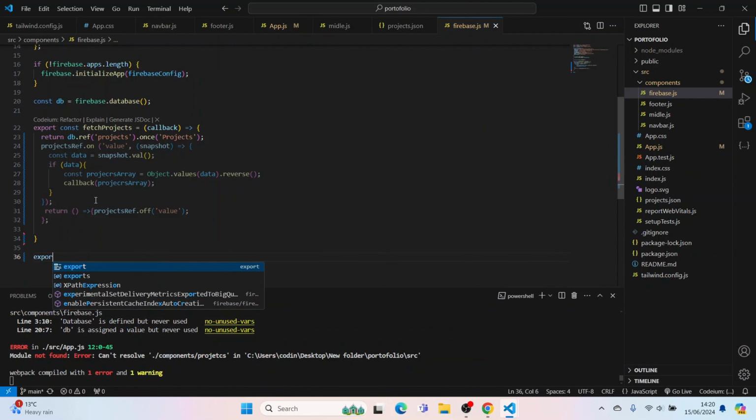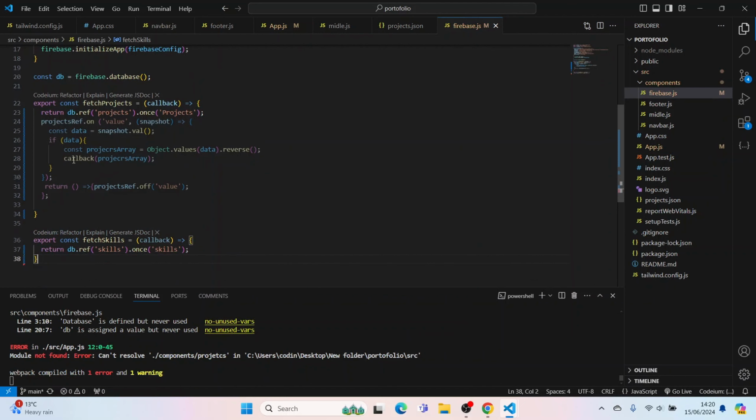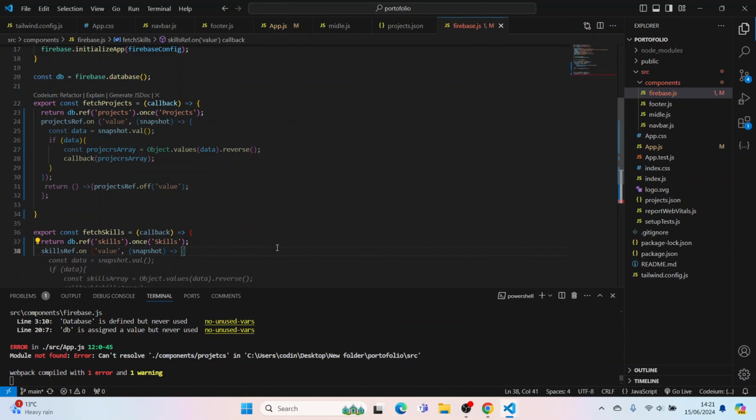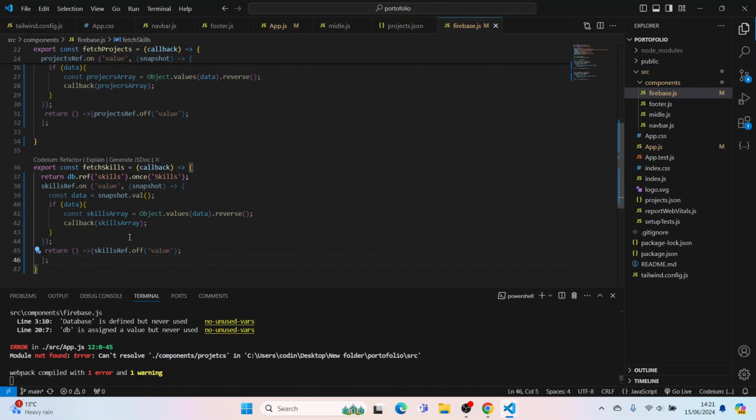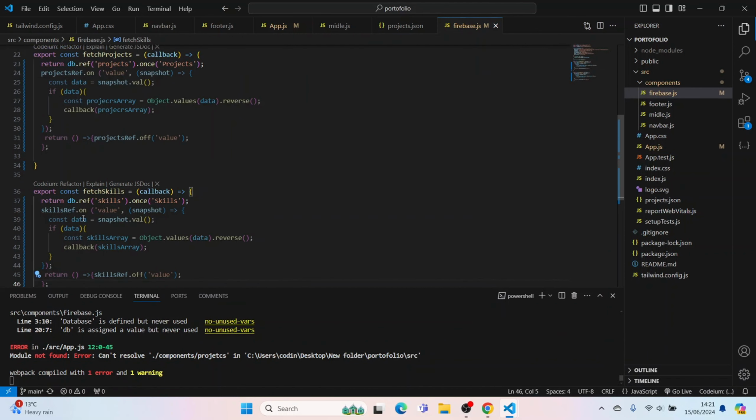So exports for fetch, constant fetch skills, like so. Then we're going to do a callback, and that's going to be exactly the same like the one at the top. So yes, we want that, the skills need to be capital. Then we're going to do a skill reference on value snapshot. Yes, we want a constant data. Yes, we do. So it's pretty much exactly the same. And yeah,